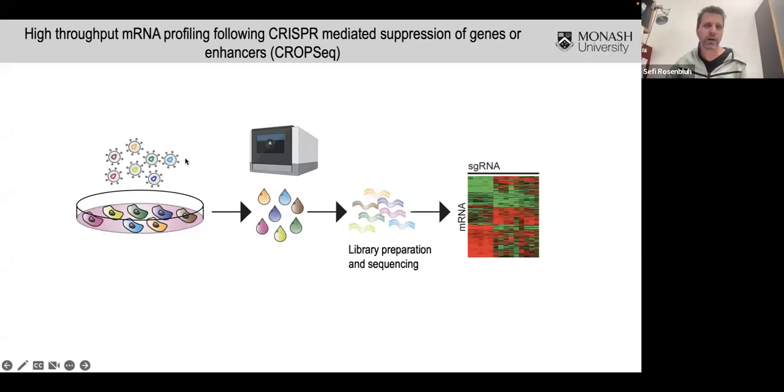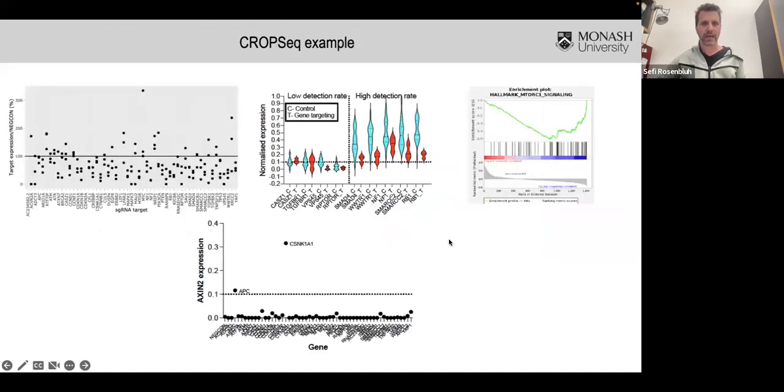And for this, we adopted this methodology called CropSeq. In CropSeq, we use a library of guide RNAs. So this is a smaller library, not as large as a genome-wide one, but you basically take your hits from the screen or something like that. They are barcoded in a way that they can be read on a single-cell RNA-seq machine. So we infect our cell population with these guide RNAs, and then use single-cell RNA-seq to identify both the identity of the guide RNA and the global expression changes that occur after introducing that guide RNA.